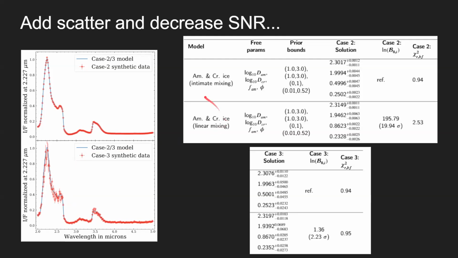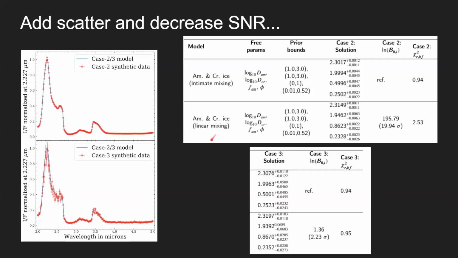So you see that for the intimate mixing model, which is the true model from which the synthetic data was generated, the result is still pretty precise. It's constraining the parameters very well for the SNR 100 case, and also for the SNR 10 case. So the results are pretty good. Even if I decrease the SNR by a factor of 10, the results match very well, and they are very close to the true values. And here I've also shown what happens if I analyze this data with the linear mixing model, which is